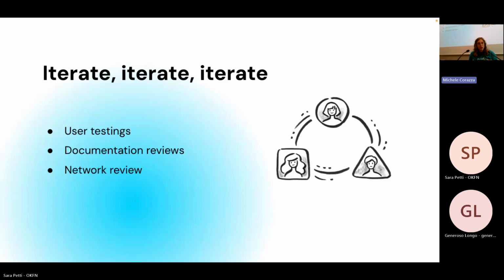Interestingly enough, when we're doing this user testing and the documentation review, what we discovered is that a lot of people outside of our target audience was actually interested in using Open Data Editor. So people that we had thought initially as more technical people, like researchers, for example, were quite interested. Also, a lot of people from public administrations around the world, especially small and medium sized, who might not have technical teams, were also very interested.